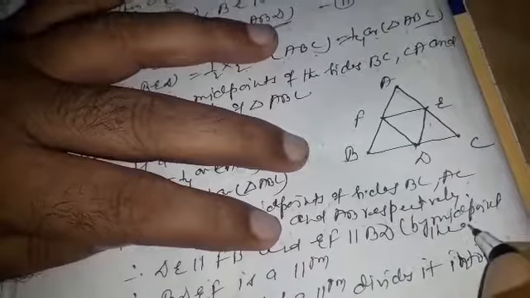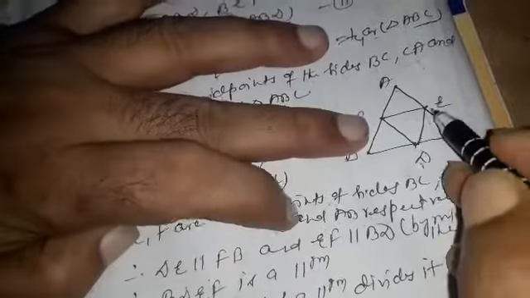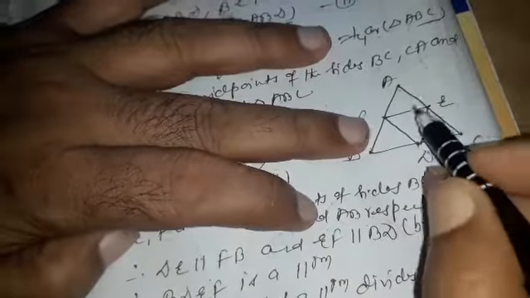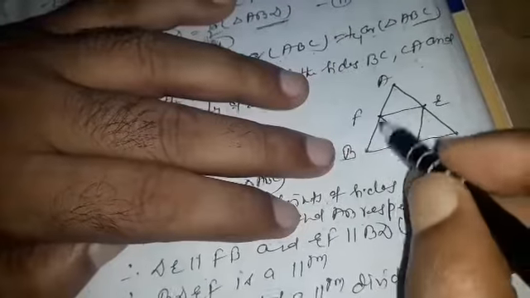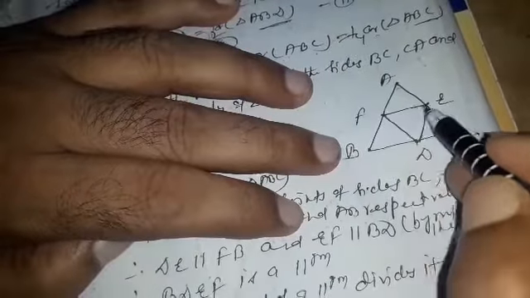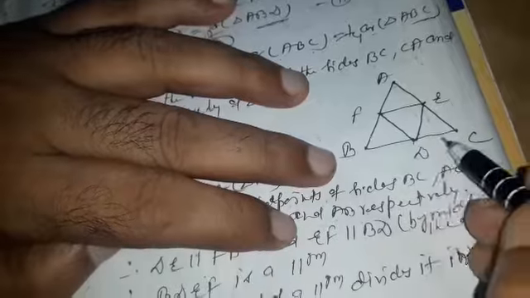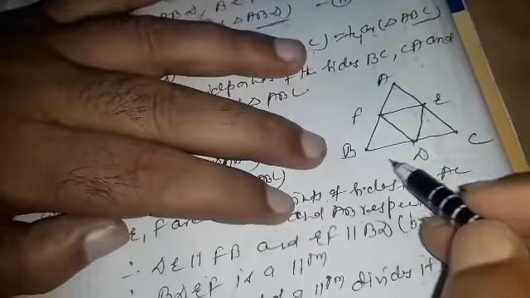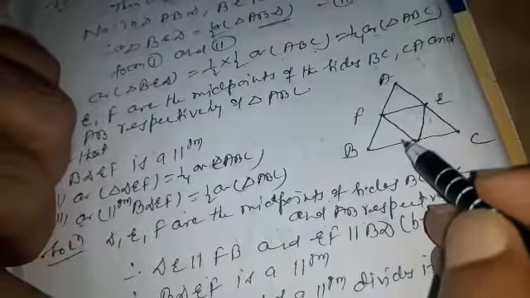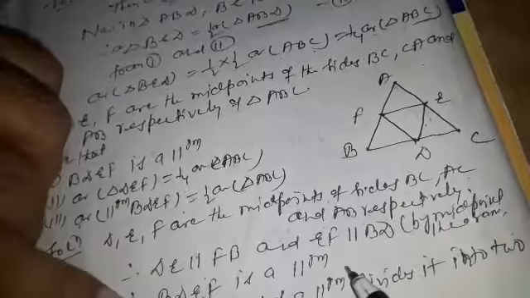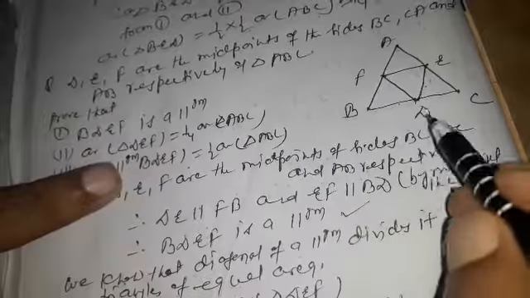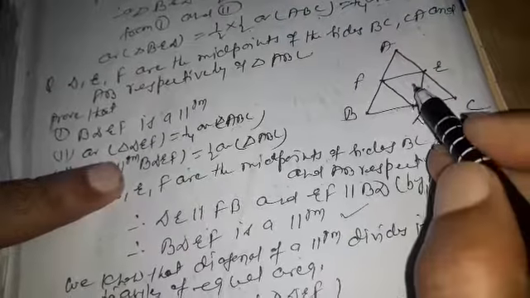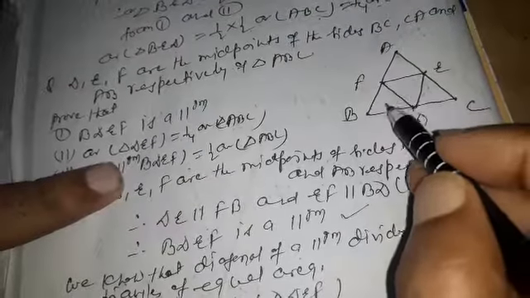Because we know that the line segment joining the midpoints of any two sides of a triangle is parallel to the third side and half of it. So DE is parallel to AB and EF is parallel to BC, or BD. Therefore BDEF is a parallelogram, since opposite sides are parallel. The first proof is completed. Second, we know that a diagonal of a parallelogram divides it into two triangles of equal